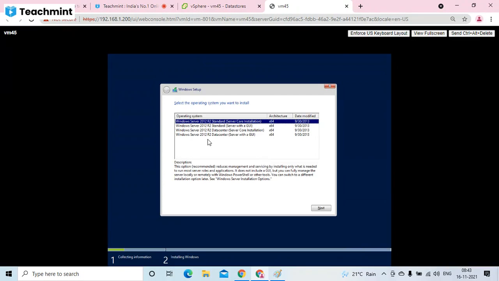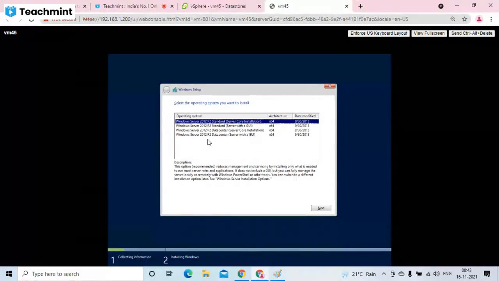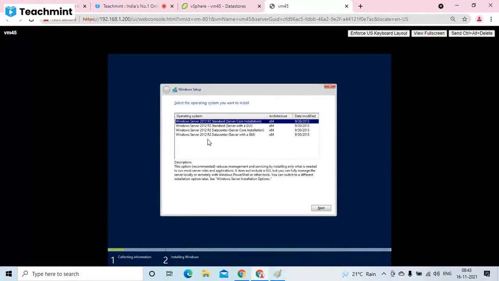That means a normal Windows machine. Server Core. Then what is the difference between Server Core and GUI? GUI we know. Server Core is something like a Linux machine. It is developed by Microsoft itself, but kind of like Linux. Everything you need to manage with commands only. Like you might remember the MS-DOS days. Without a GUI, MS-DOS will be installed. Everything you need to run with commands. Same as a Linux machine, but developed by Microsoft. In the Windows family itself, there is a Linux-like operating system. It's called Server Core installation. Its usage is very rare.